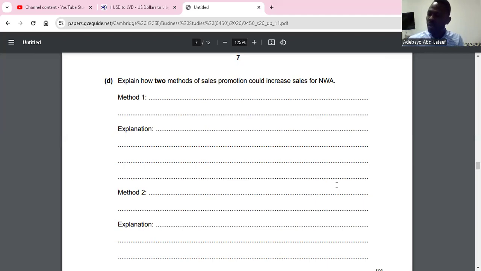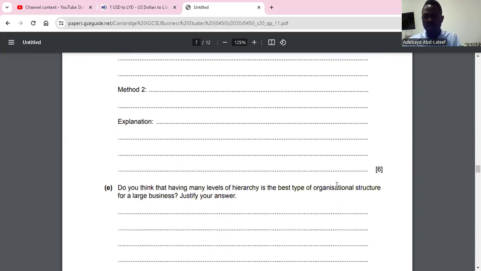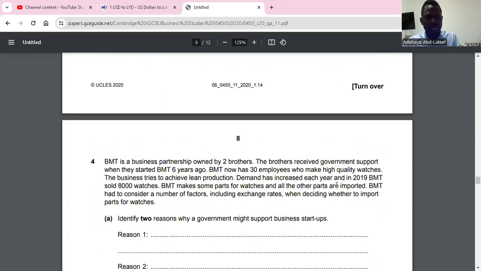Yes. 2, cash discount. Reduction in prices might encourage tourists to buy more tickets as it becomes cheaper for them. And this should be done for a short term. You can't do discount for long term, you can do it for short term. So you have to note that when you talk about cash discount, you should always state it for short term. If you run a cash discount for a long time, you're going to run at a loss. Is it clear? Yes. Go to question E, right?